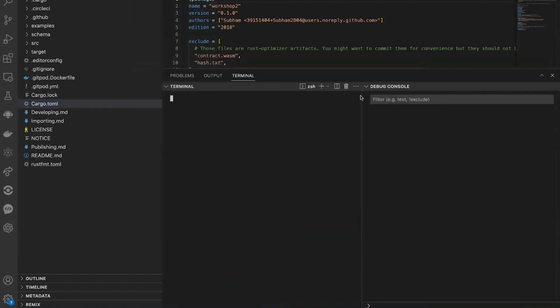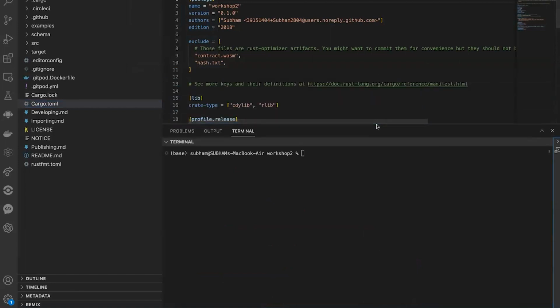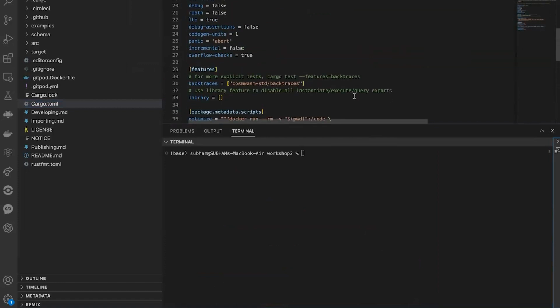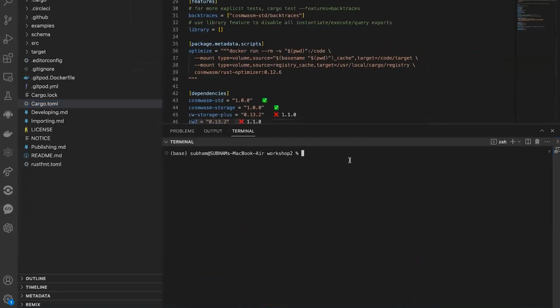Whenever we define a dependency, you can consider an example: in Python we have a requirements.txt that has all the packages required for a particular Python file, and we run it with pip3 install -r requirements.txt. It works the same way here, where after defining the different packages that you require, you can just write cargo wasm,